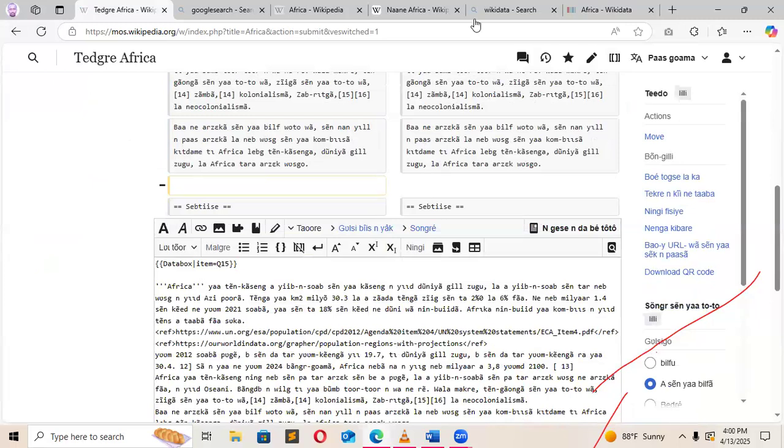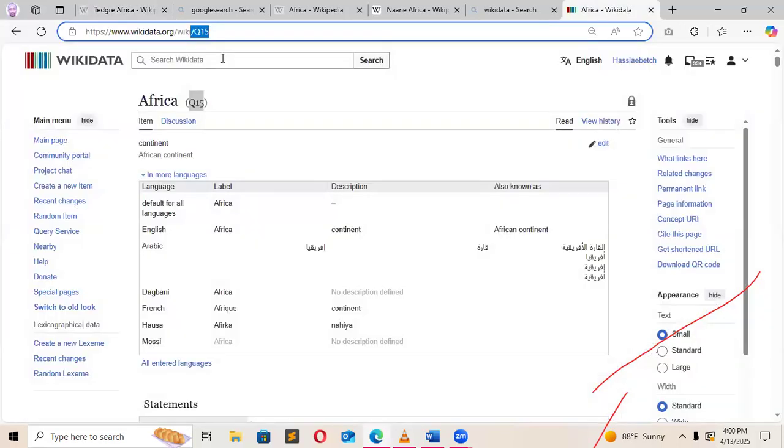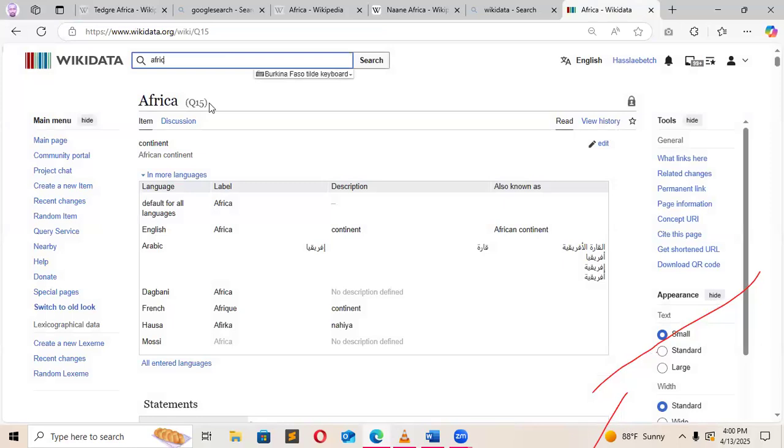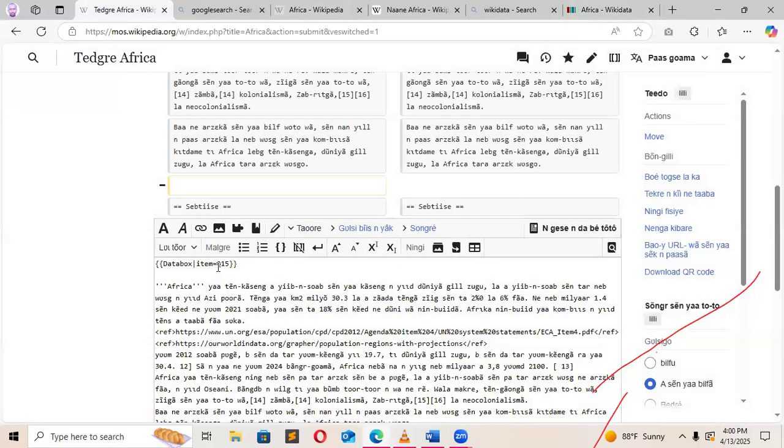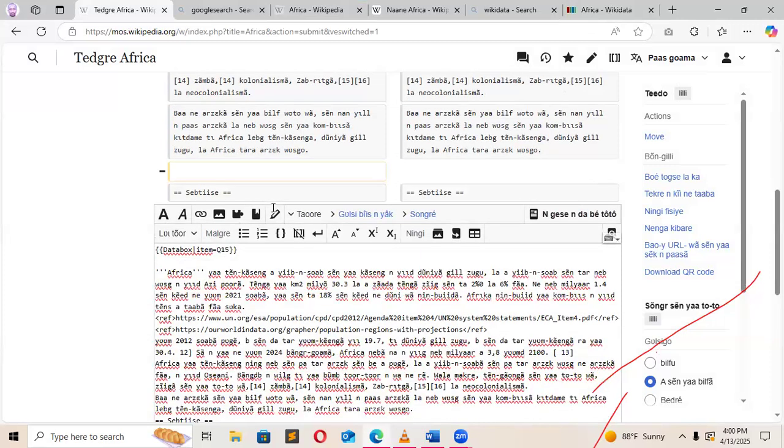You go to Wikidata, you type the heading that you want. If you are looking for Africa, you type Africa, you search. You can copy the item for Africa. The item number is Q15. You go to your article and put it there. Item is equal to Q15, and close your curly braces, two of them, and publish. Data box will come. So this is for data box.